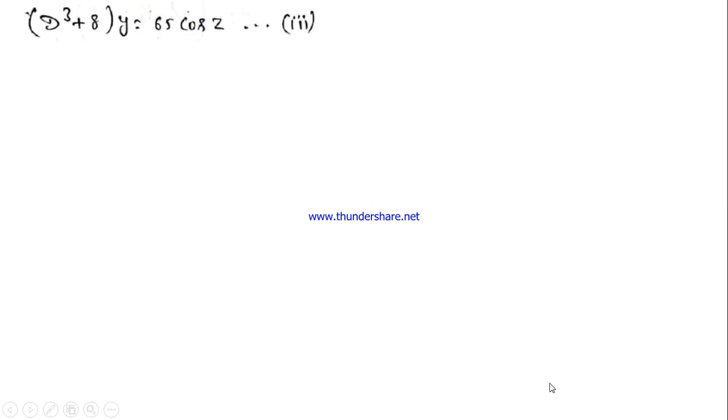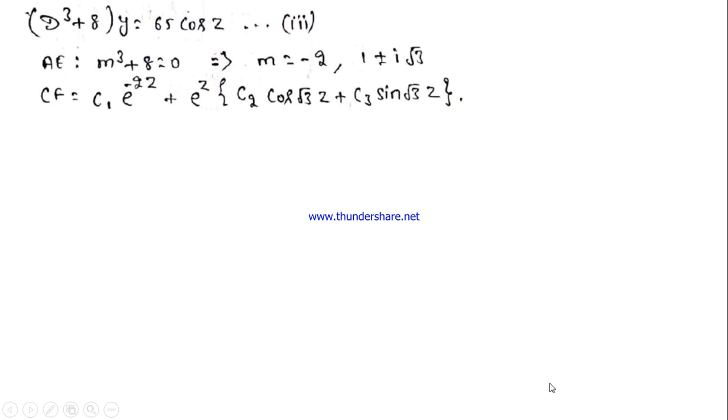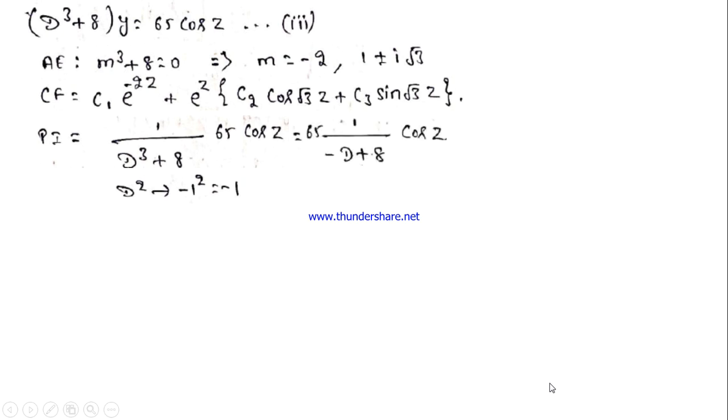Now how to solve this equation? Write the auxiliary equation, find the roots. I am supposed to get 3 roots, one real root minus 2, and 2 complex roots. So you know how to write the complementary function, you are doing that. Write the particular integral and I am supposed to replace d by what, d square by what? Minus 1 square, because we are talking about the trigonometric function. But with this operation, we will end up with this minus d plus 8. The method says replace d square by minus 1 square, but there is no d square in it.